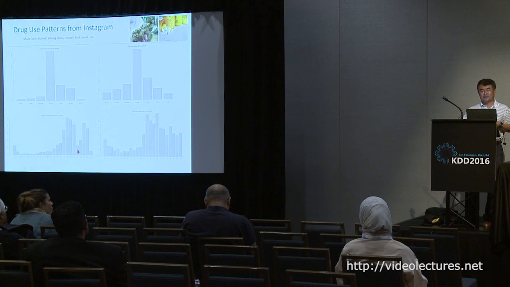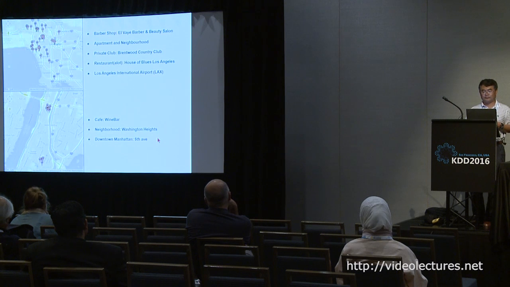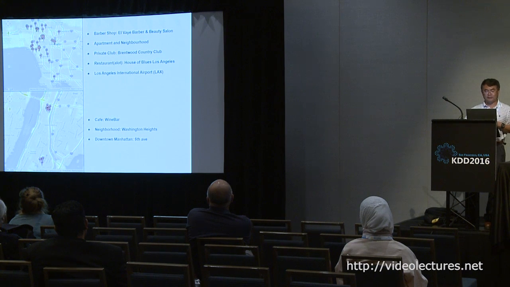So there's the first peak. They consume some, and then they can last a little while, so they can go out and consume more. Okay. And for pills, there's no such pattern. And then from some geotagged tweets we can actually figure out where the hotspots of drug-related activities are. So this is Manhattan. There are these 2 places. There's a cafe and some neighborhood.